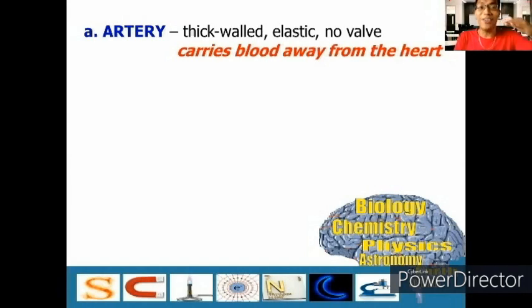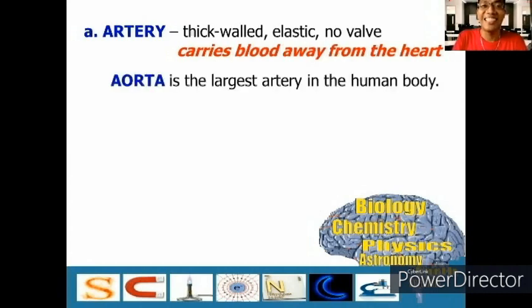Tatandaan nyo lang, artery, away. Artery, away from the heart. So meaning, from the heart, it will lead the blood away from it and going to the different parts of our body. Tandaan nyo na, artery, away. One very known artery in the human heart and considered to be the largest is called the aorta. Ito ay matatagpuan sa left side ng heart natin, and it is the one responsible for pumping the blood going